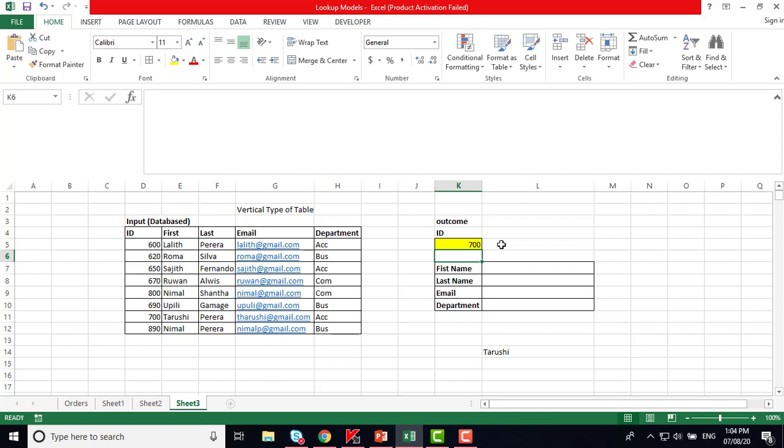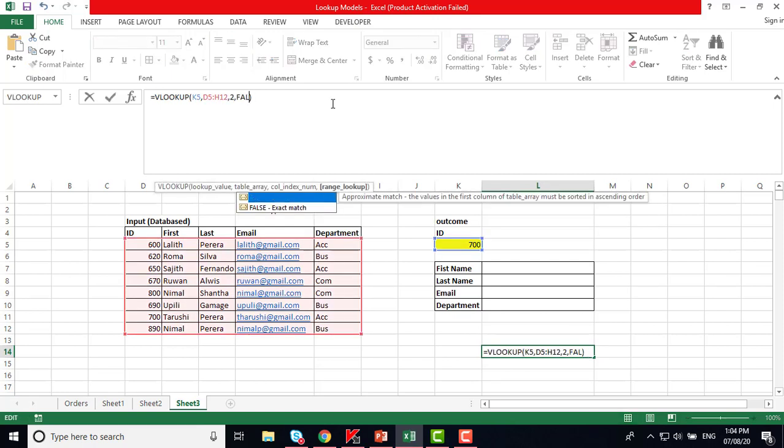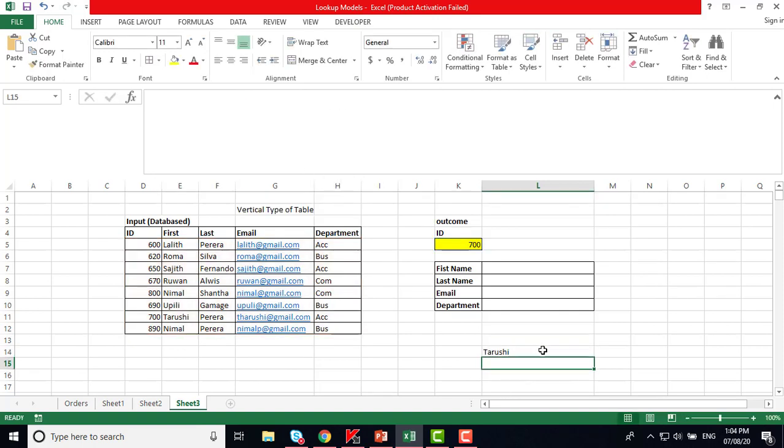So in case, for example, if I say this is not false and I will go by approximate value, that means you have to enter either 0, or leave it, right? So now you can see when I type 800, Nimal's name is appearing, right? No problem there. 600, 900, not applicable.